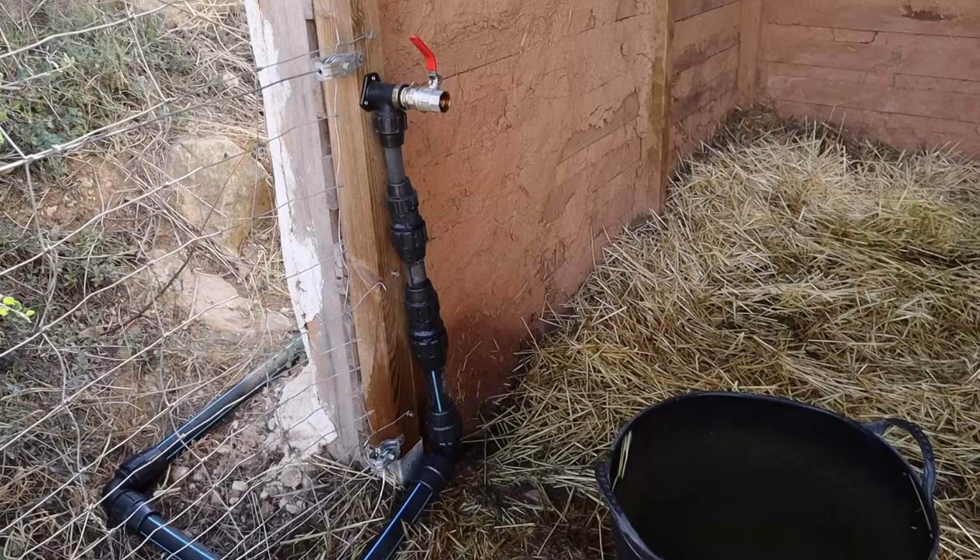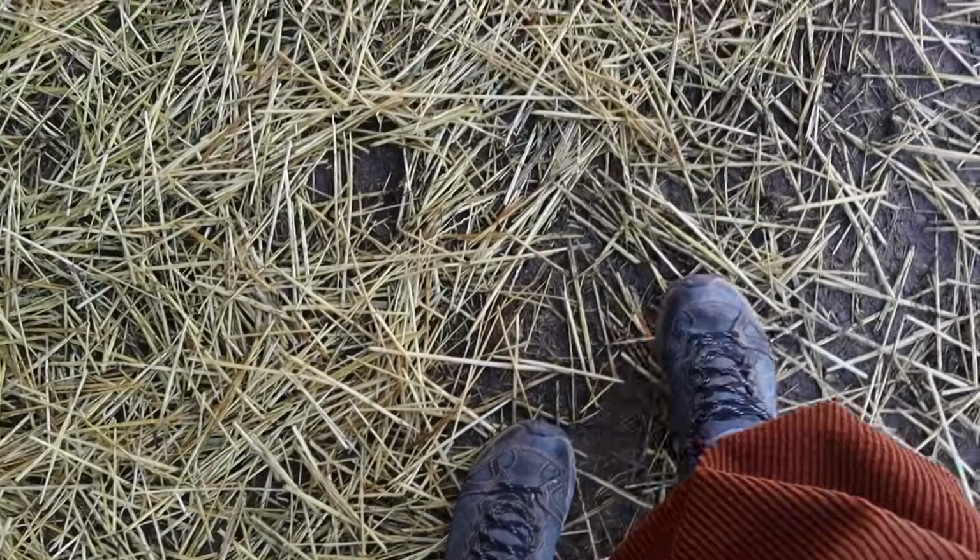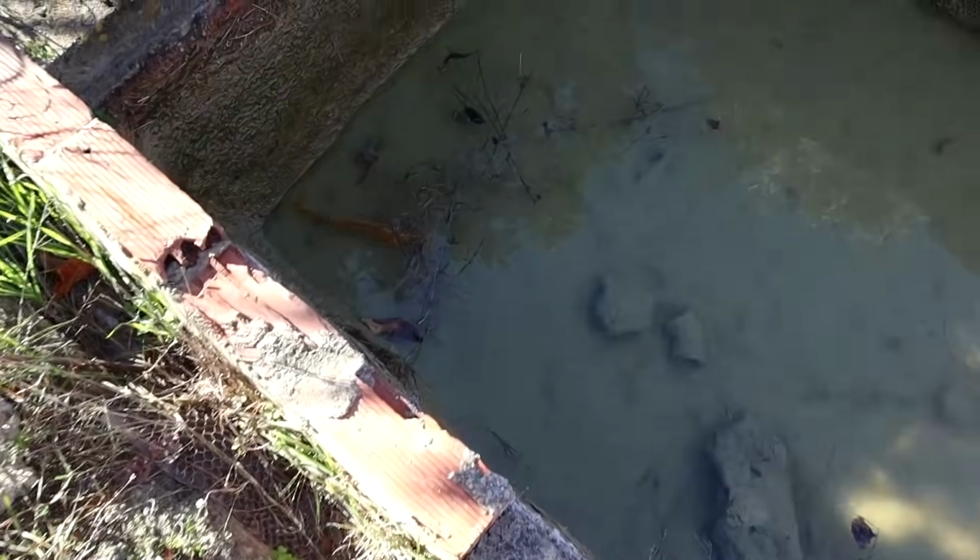Good morning, so we've just got back. Well, we got back last night. We were only away for one night actually, and we've had a little bit of a problem while we were away with the tap in the donkey enclosure that I made earlier. Came back and found it half open and the donkey enclosure all wet, and we've lost all the water in the deposit that feeds that tap. Sorry. So obviously the donkey brushed up against it or nuzzled it or something,